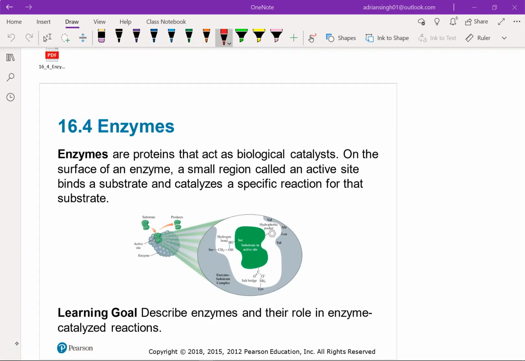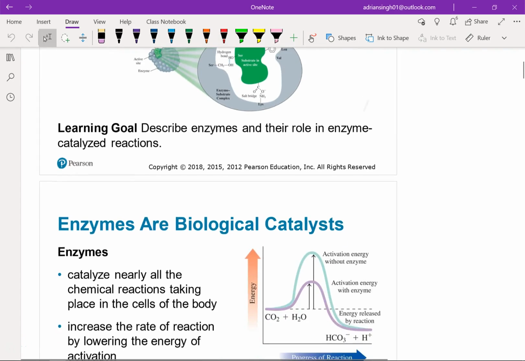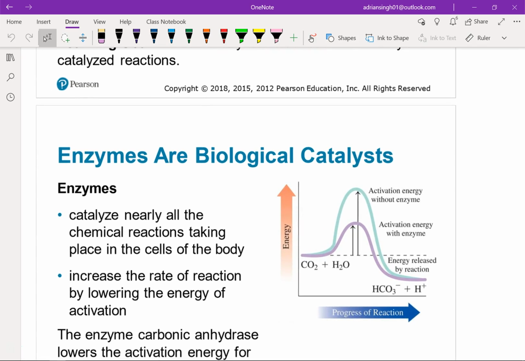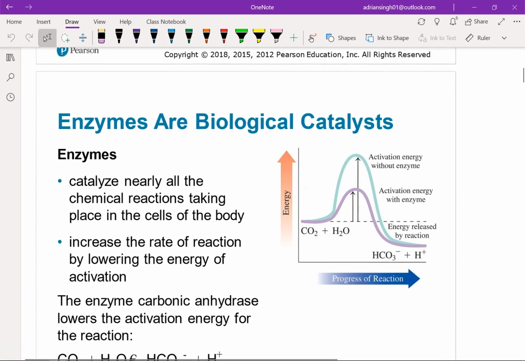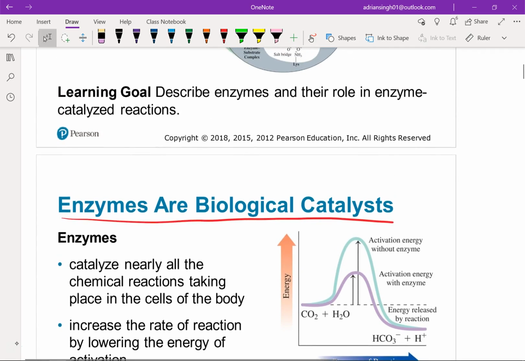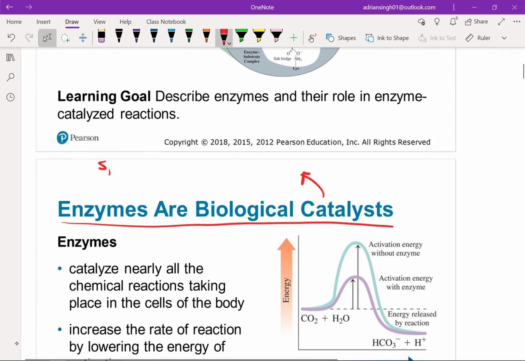All right, so in the next section, we're going to take a look at and focus in on one of the main functions of proteins, which is as enzymes. So we can define an enzyme as a biological catalyst, right? Enzymes, they're not always proteins, but very frequently they are. And we talked about catalysts back in the reactions chapter. So remember, a catalyst is something that speeds up a reaction,